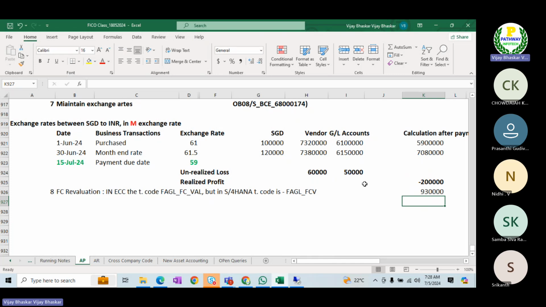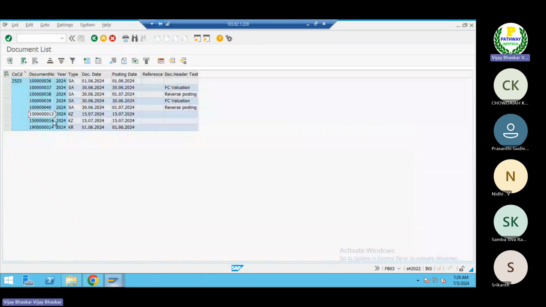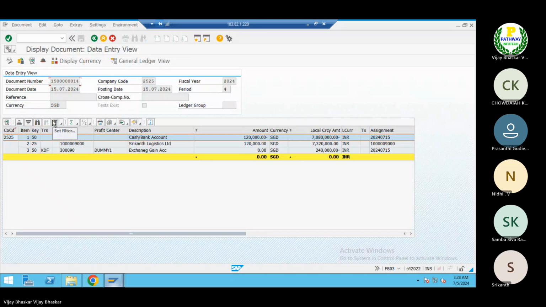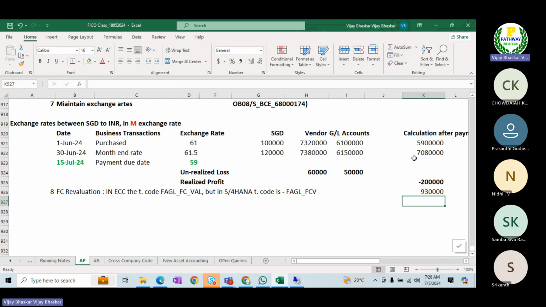Let me go back. Let me check this one. No, it's 73,20,000. Sorry, I'm using the wrong one. Minus this one, 73 lakh 20. First I have to use.